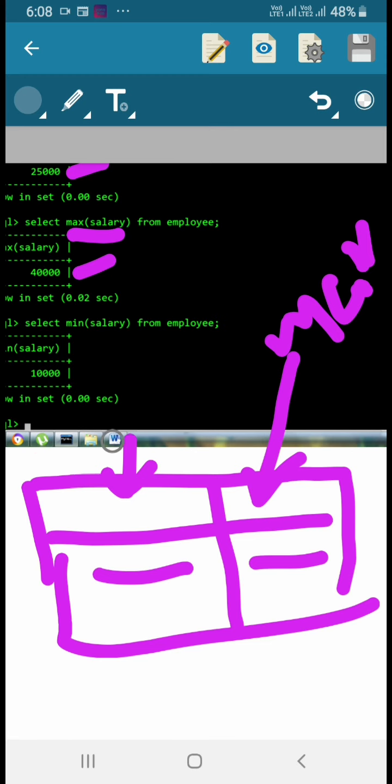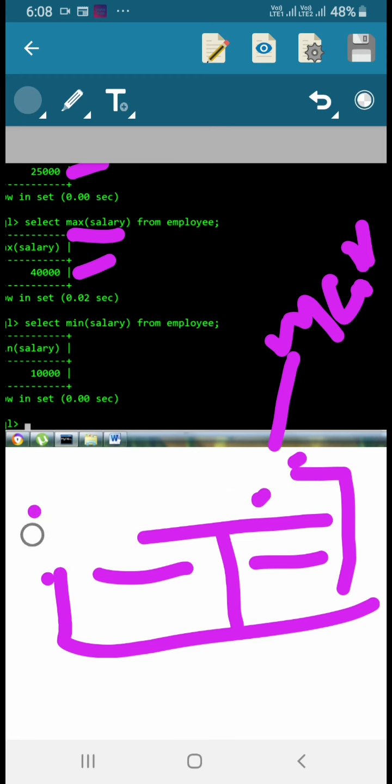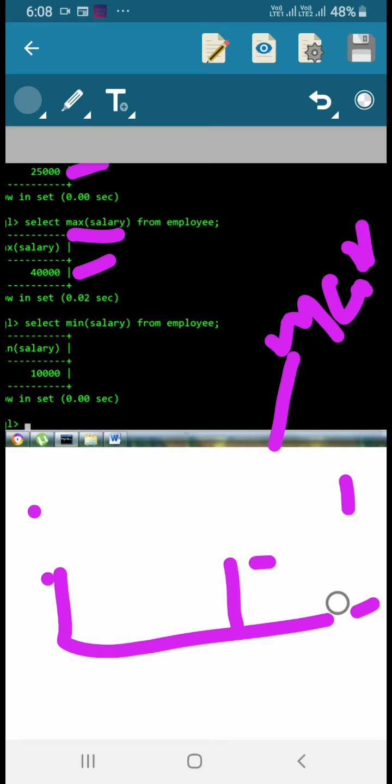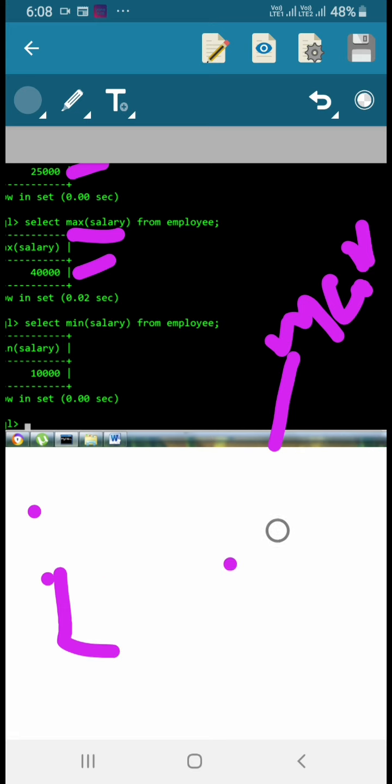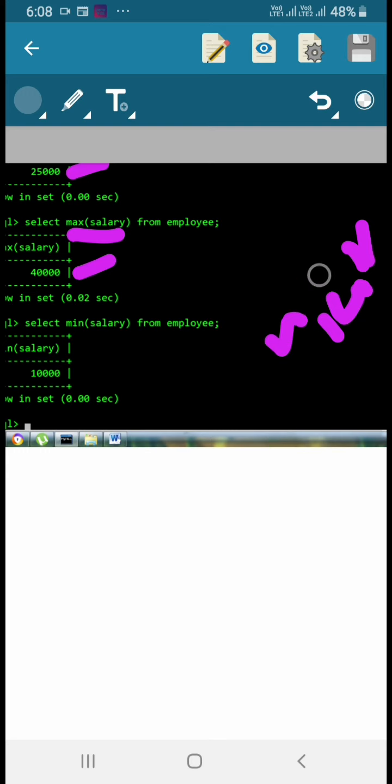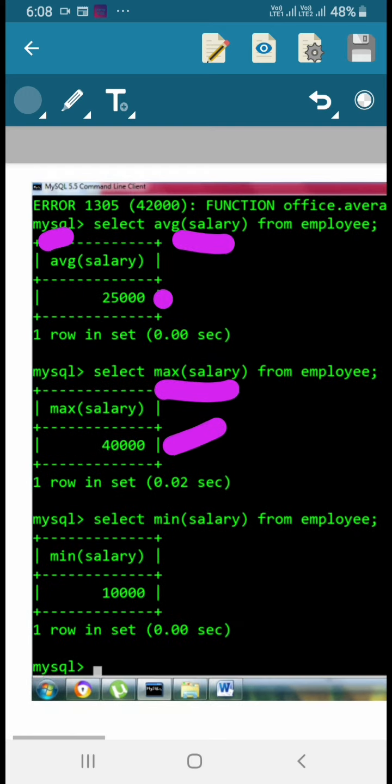Whenever you write the column name, that column will be displayed with the maximum, minimum or sum salary value. I executed those examples also, and I'll show you, because we have different cities. I want to find out the salary expenditure of the employees based on their location.